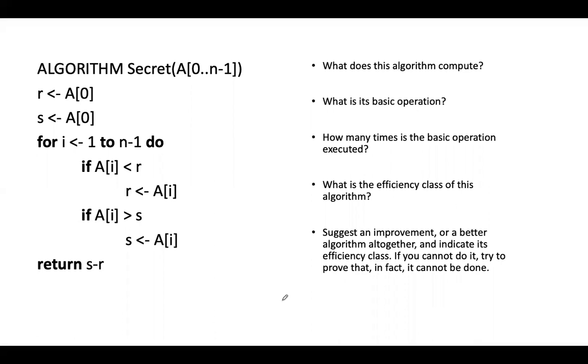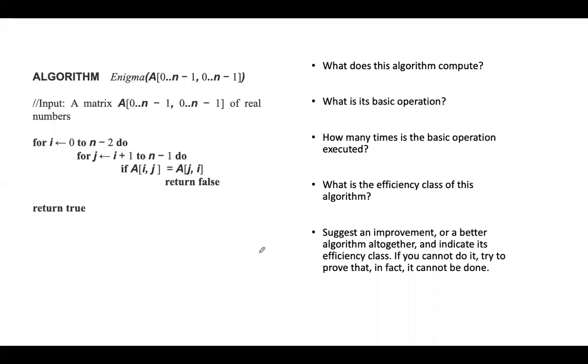You have to solve these things. As in the previous examples, you have to answer these questions for this algorithm, the mystery algorithm, and this secret algorithm. These are very basic algorithms. If you just observe them, here an array is the input and we return s comma r. Two values are being returned. So what is it returning, and what is this algorithm about? You have to answer these questions with respect to this algorithm and this algorithm.